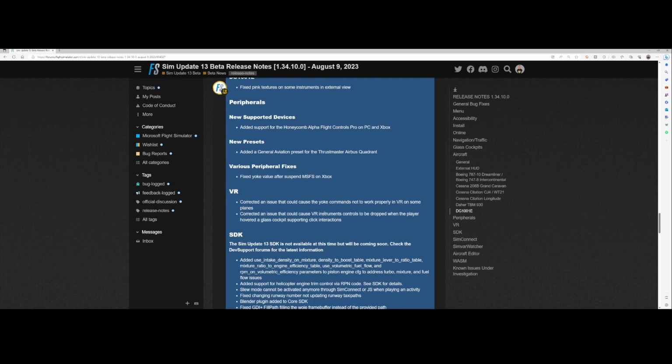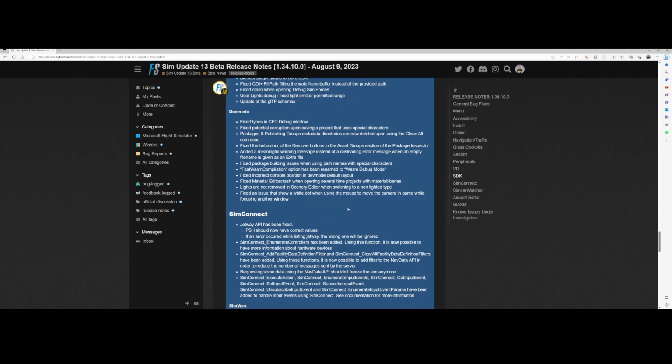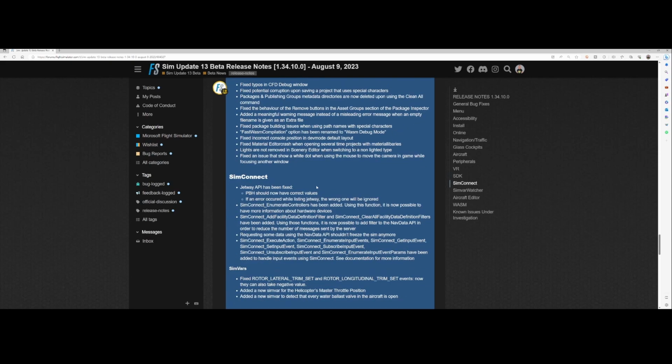That didn't work correctly. For those who are using VR functionality, virtual reality functionality, they corrected an issue that could cause the yoke commands not to work properly. And they also fixed an issue where the instruments would be dropped when a player hovered over a glass cockpit supporting click interactions. Then tons of stuff for the dev functionality, but as always, we're not going over them,